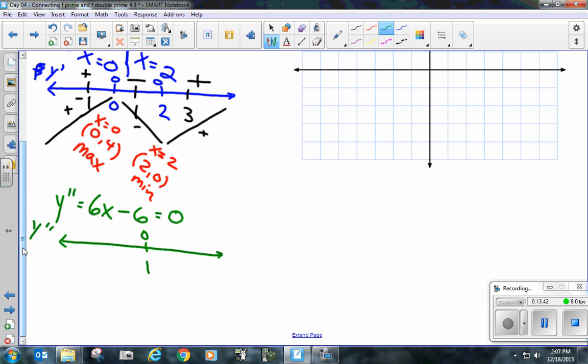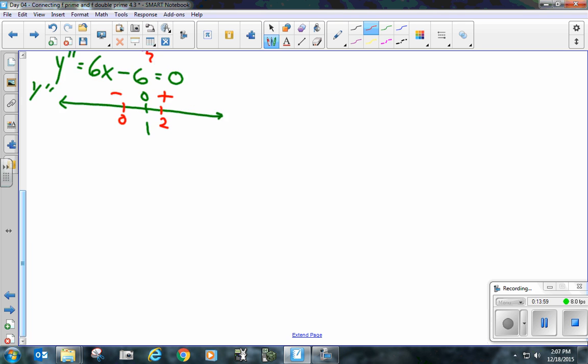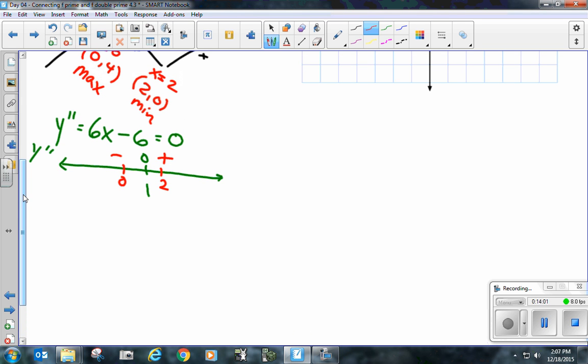So, what happens if I pick a number bigger than 1? What happens if I pick 2? Will that be positive or negative? It'll be positive. What happens if I pick the number 0? It's going to be negative. So remember, this is the second derivative, so it's not slope, it's concavity. Sad, because it's negative. Happy, because it's positive. And there's going to be a point of inflection where x is 1,